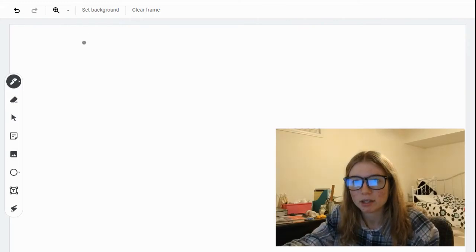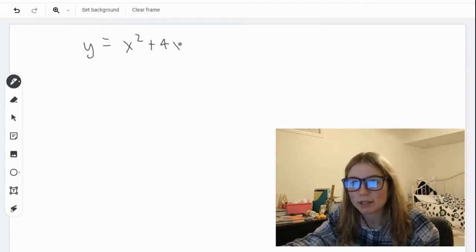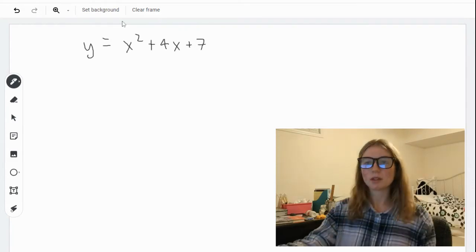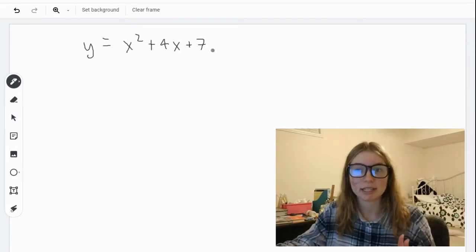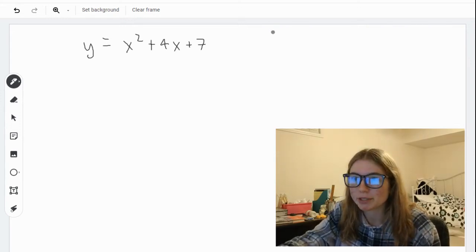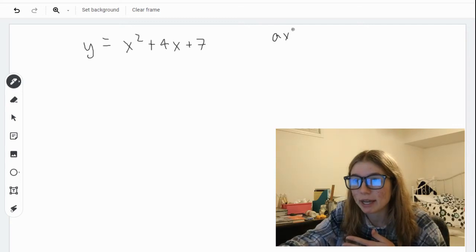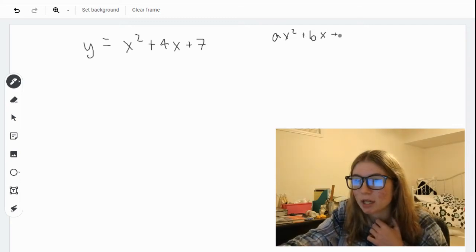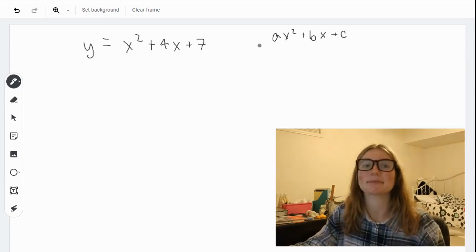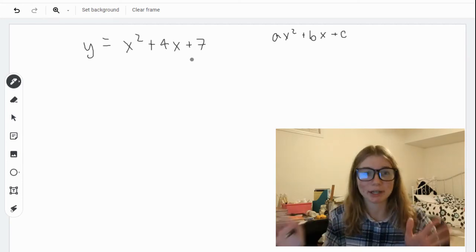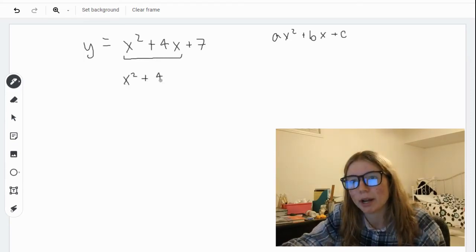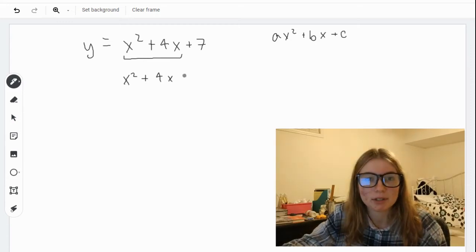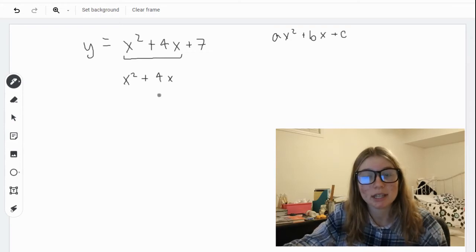So let's try that. Starting with y equals x squared plus 4x plus 7. Now, to start completing the square, you can think of just ignoring the constant at the end of your quadratic equation. Remember, quadratic equations, the form that we're dealing with here, is ax squared plus bx plus c, where c is a constant. So that constant there, 7, we're just not going to think about it for now. Just looking at these two terms, x squared plus 4x, there is some number, some constant, that we can add to these two that will give us